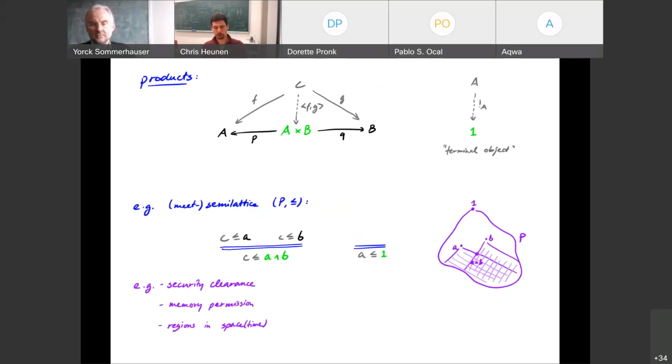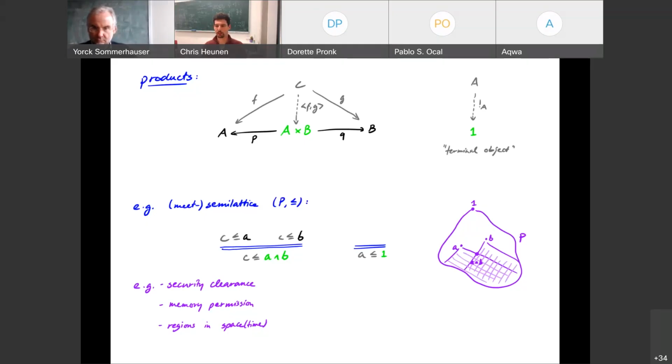I want to say a bit more about the Cartesian product of sets, because this is what category theorists call a product, which is the following thing. If I have two objects A and B, a product of them consists of a third object A times B with two projections from the product to the two factors. That has the following universal property. If there's any other object C that is like a pretend product that also has maps to A and B, then this pretender has to factor through the actual product in the sense that there's a unique map from the pretender to the product, such that the two maps factor through the two projections. That's the binary case.